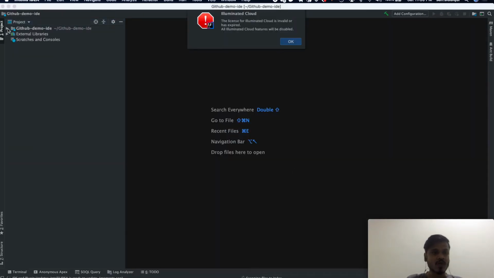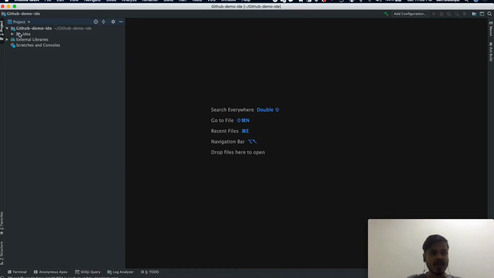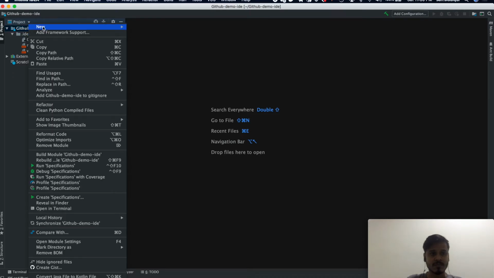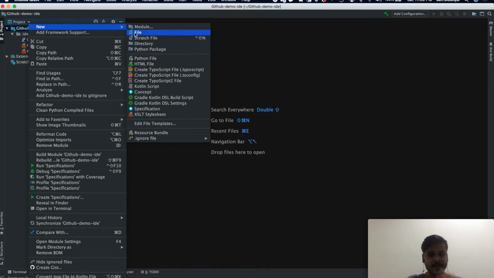So as you can see, I already have the folder here, and this folder is empty. So now say for example, if I am creating any file in this folder, let us create one simple file.